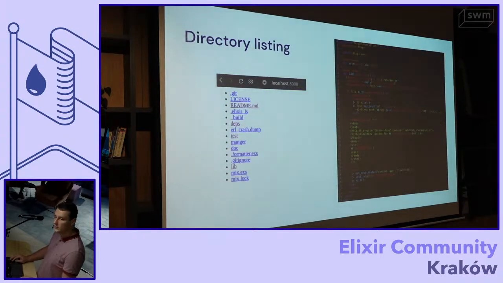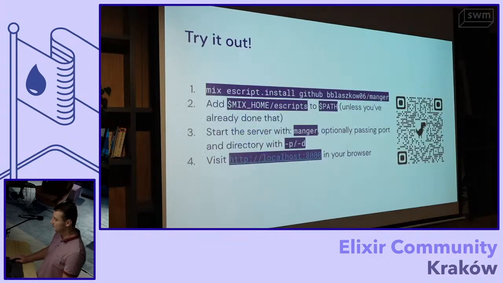Okay, and one last addition to the script was the directory listing. That's probably the biggest module in the whole app besides mix.exs. This simple code is mainly a string with very basic HTML. It kind of reminded me of my childhood and creating my first website. And yeah, this is how it looks. Pretty basic stuff, but actually the Python one does not look any better.